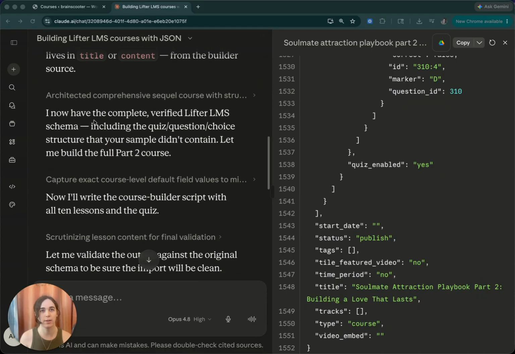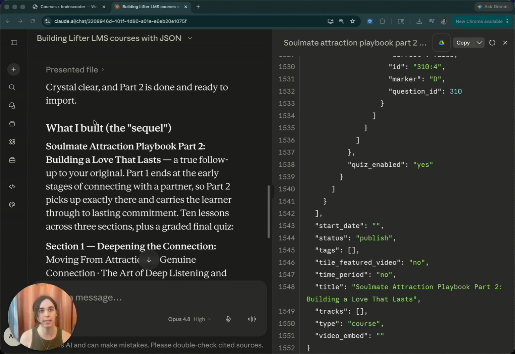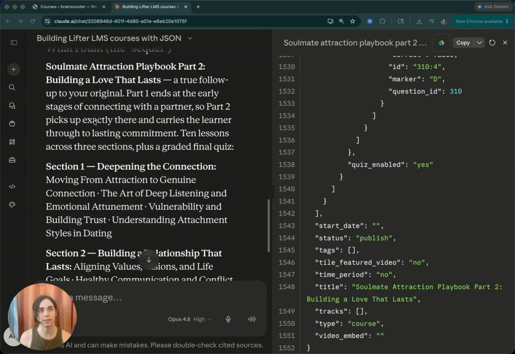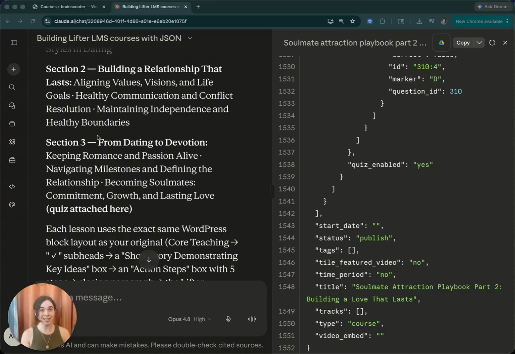We could scroll down. They've completed the LifterLMS schema so they understand how to build the courses. They're going to build the sequel, the Soulmate Attraction Part 2. They wrote some sections out, so this is a good opportunity for us to give feedback. Now, it did take Claude 5-10 minutes to produce this kind of response, but I went and made oatmeal in the meantime and played with my cat, so